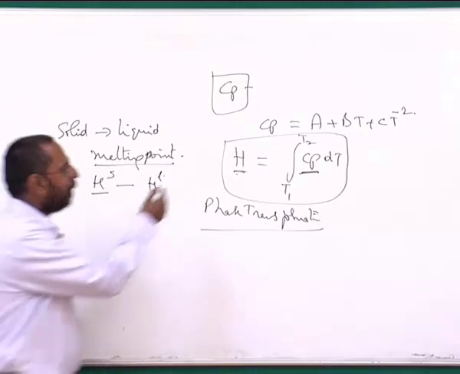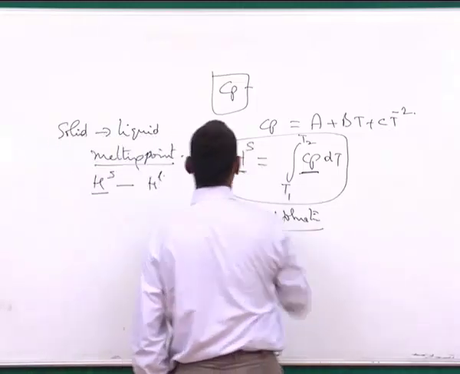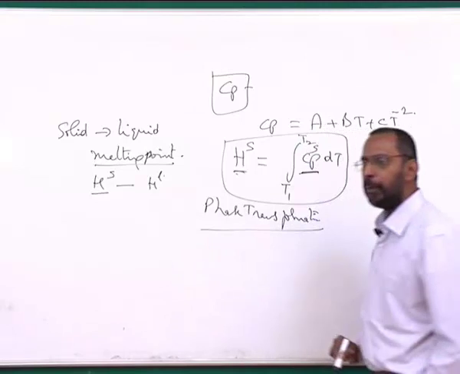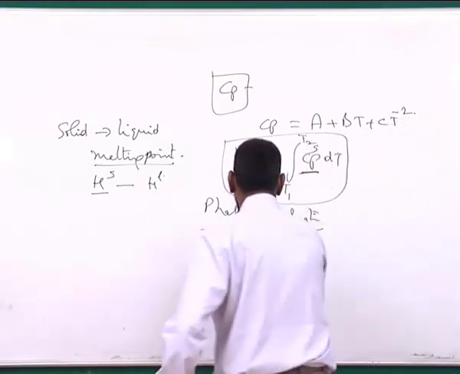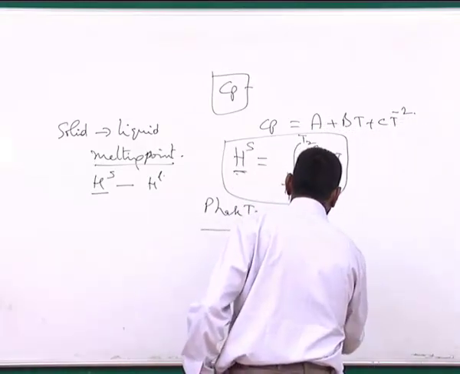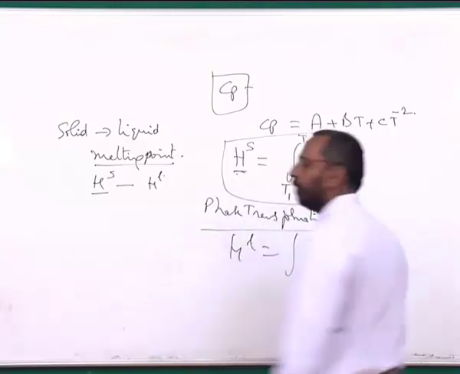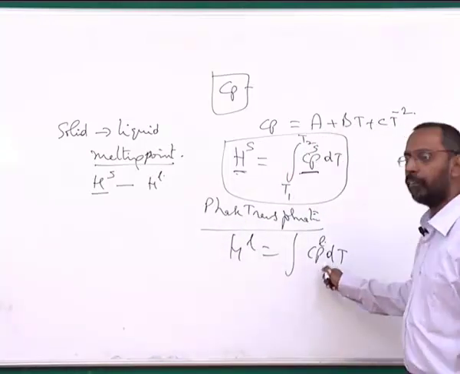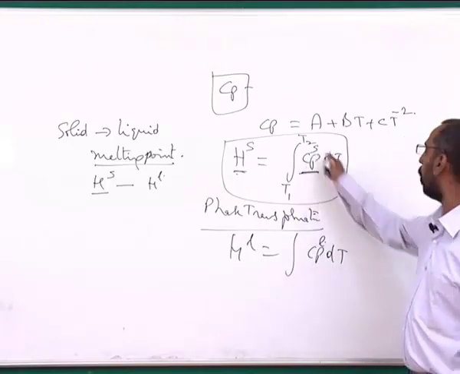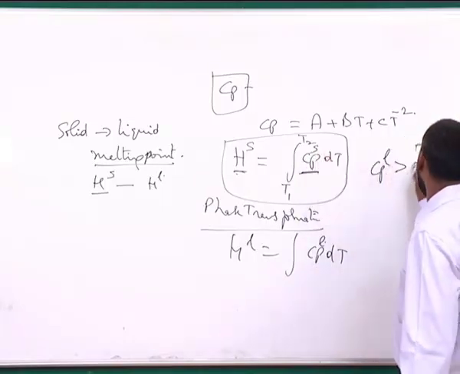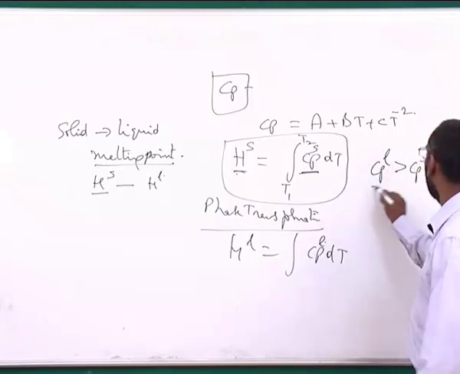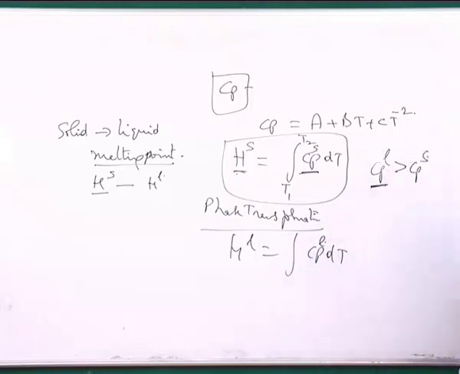Why are they different? If I use this particular formula, H of solid is related to integral Cp dt, where Cp is the Cp of the solid, and H of liquid is related to integral Cp dt, where Cp here is the Cp of the liquid. Because we know that the heat capacity of the liquid is different from the heat capacity of the solid, and the heat capacity of the liquid is higher, because the liquid being more open in structure, atomic vibrations in the liquid are much more than the atomic vibrations in the solid. As a result, the heat capacity of liquid is always higher than the heat capacity of the solid,